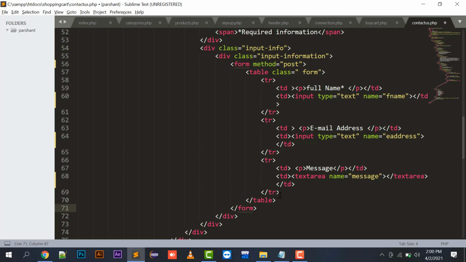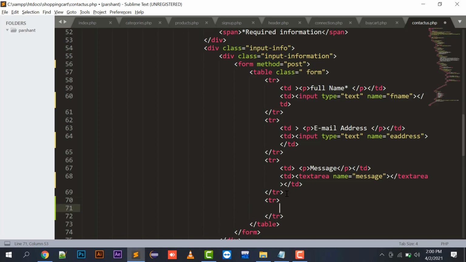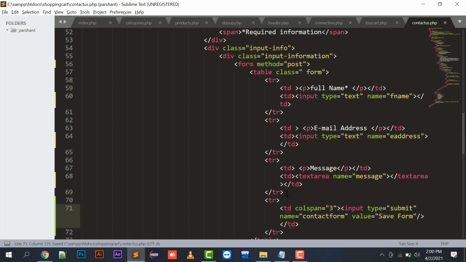So I am going to create one more table row. Later on we can adjust its design. So input type submit, name will be contact form, and value save form.